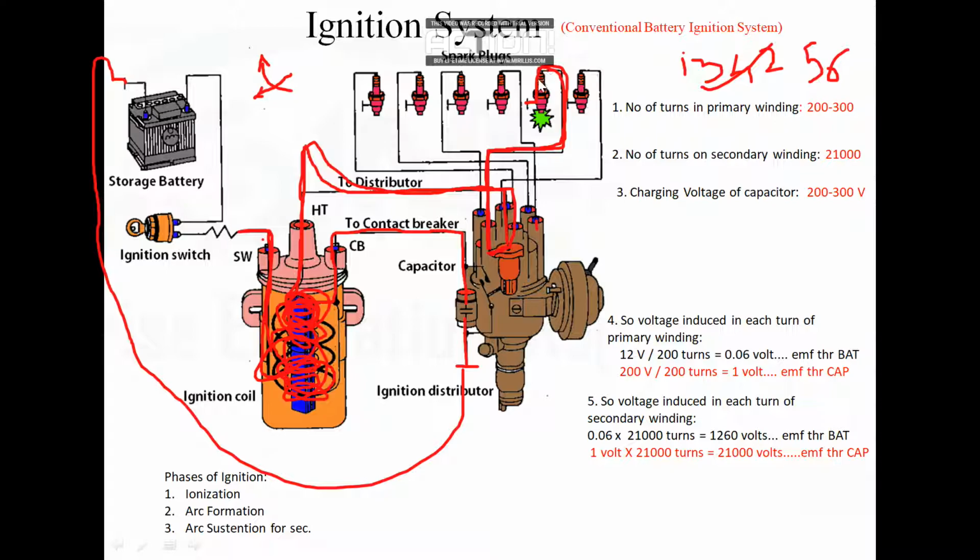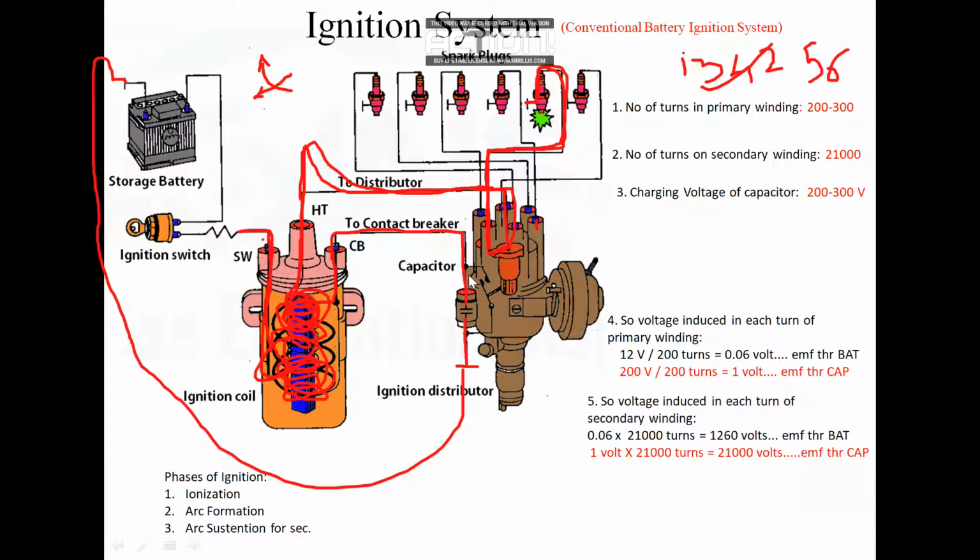Inside the spark plug there are two electrodes present, the positive electrode, up to which the secondary winding comes. After that, the negative electrode of the spark plug is earthed. In between the negative electrode and the positive electrode a gap is maintained, that is called the spark plug gap. So in this way we have the primary winding and the secondary winding, both ends connected to different subsystems.